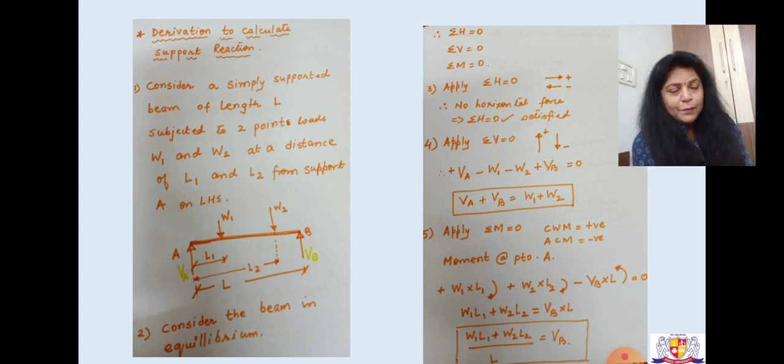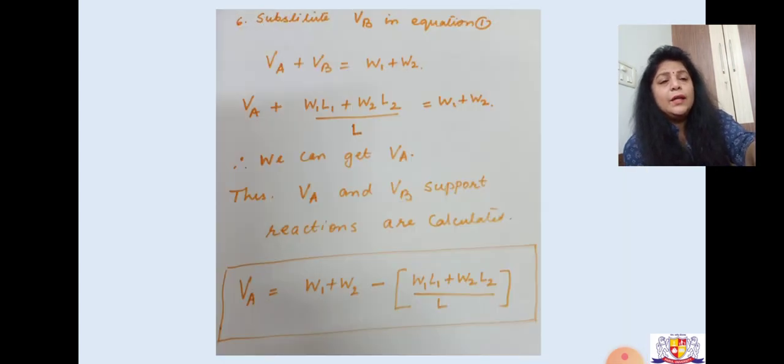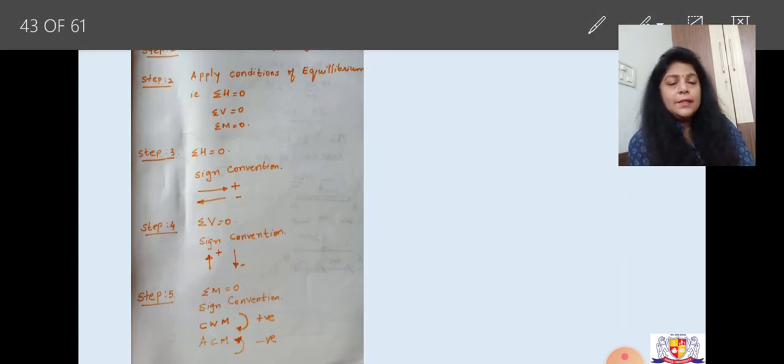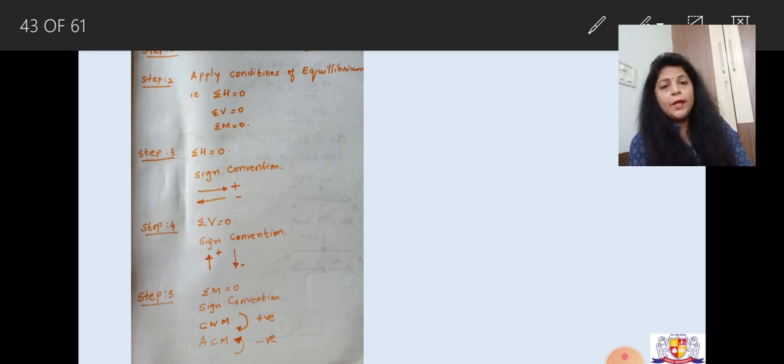ओके, तो इससे हमें रिएक्शन VB मिल जाएगा। ये रिएक्शन VB को हम इक्वेशन 1 में रखेंगे तो हमको रिएक्शन VA मिल जाएगा। ओके, so this we are going to follow for all the other numericals. Okay, now you can see over here that we have taken the steps how to find out the सपोर्ट रिएक्शन।